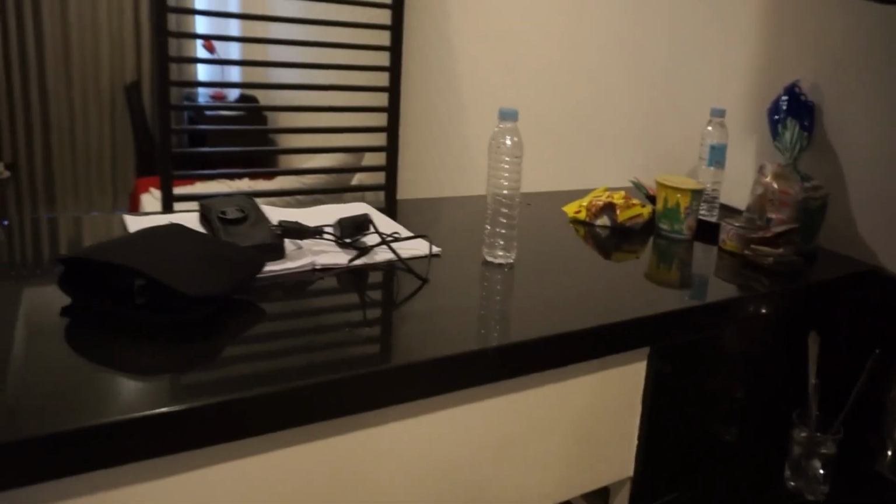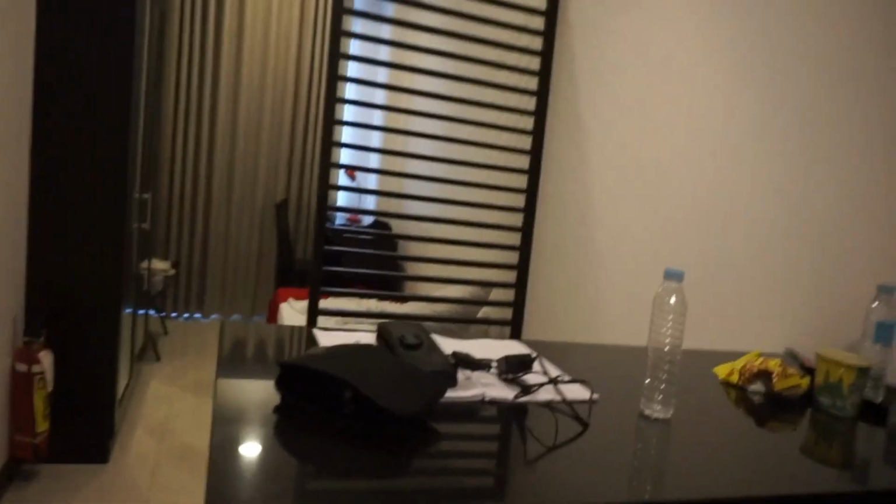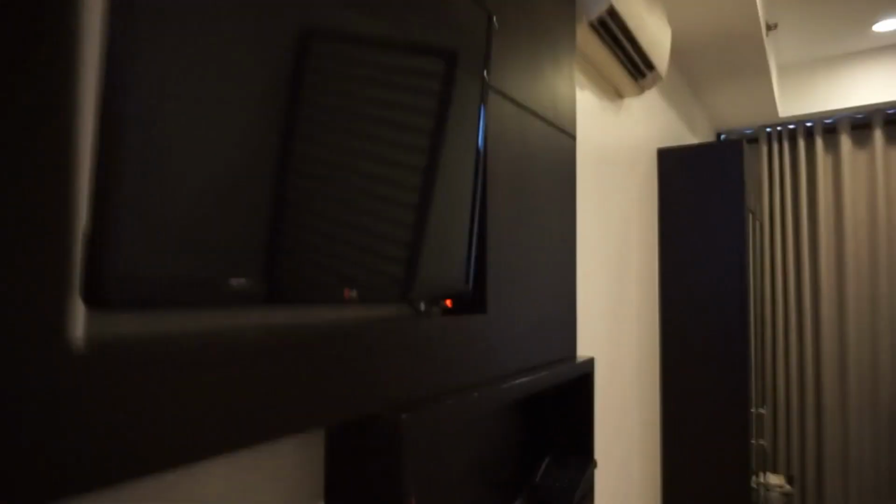And here I actually bought a few foods or snacks because I might feel a little hungry. And they also have a high chair. And right here, it's a TV, which I don't really watch. And then there's a division here. They put up a movable something,